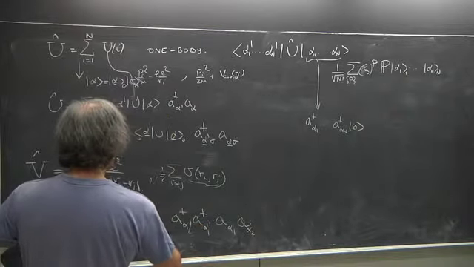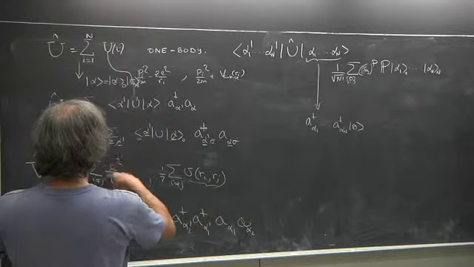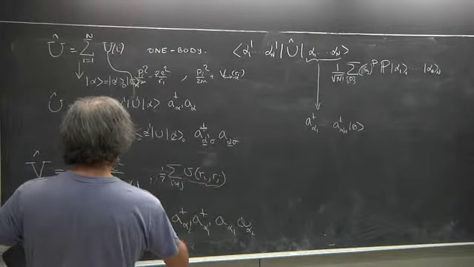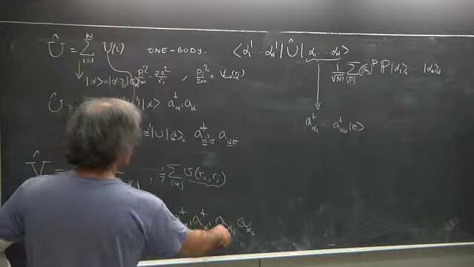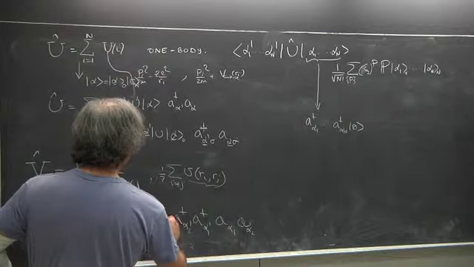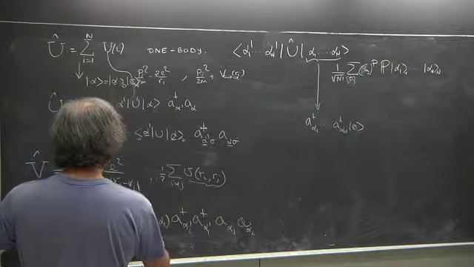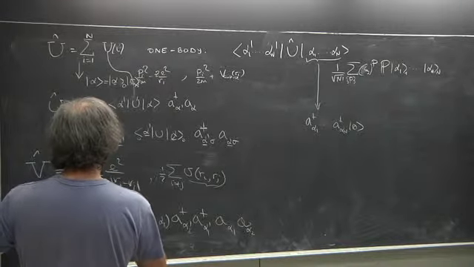And here you have a matrix element of the object that you have here or here. So let's call it V, okay? In between the state alpha 1, alpha 2 on the right, and alpha 1 prime, alpha 2 prime on the left,